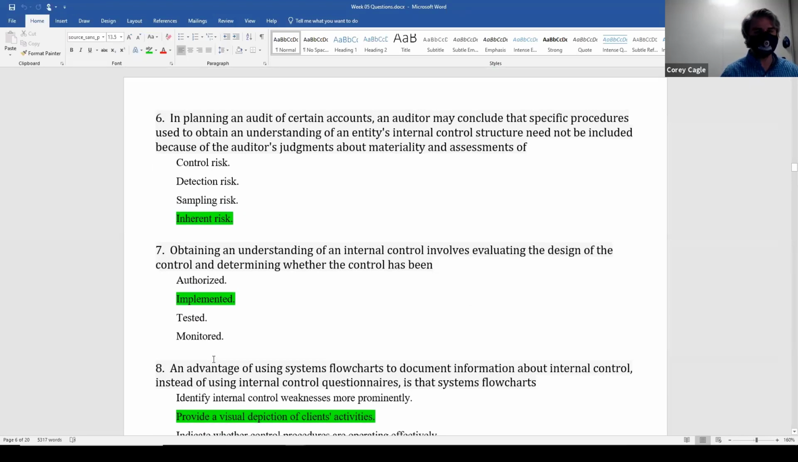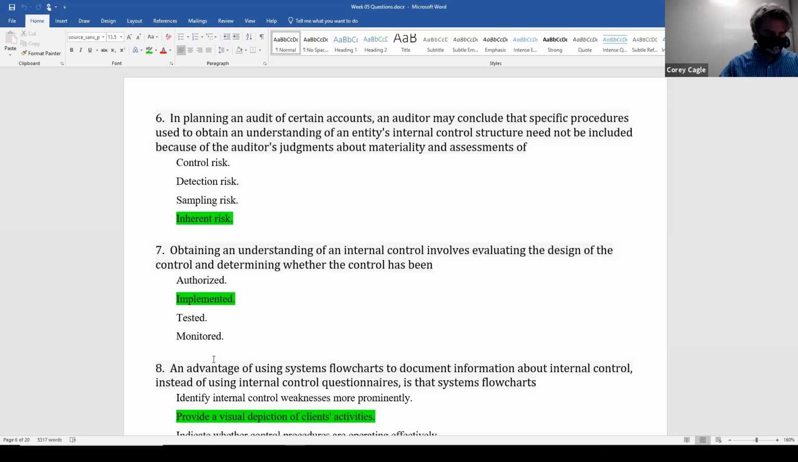Number 6, if I remember right, was kind of tough, but doable. In planning an audit of certain accounts, an auditor may conclude that specific procedures used to obtain an understanding of internal control need not be included because of the auditor's judgments about materiality and assessments of inherent risk. Okay, that's a big, tough sentence, right? So you kind of have to pick that one apart too, or at least put it in your own words. Putting that in your own words is kind of like saying, I don't need to obtain an understanding of this control